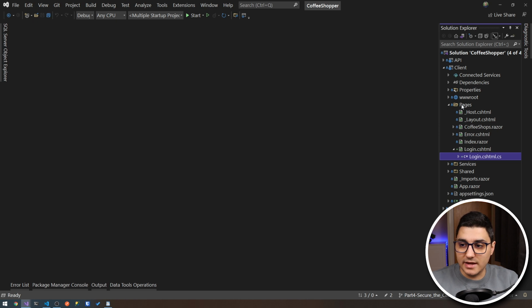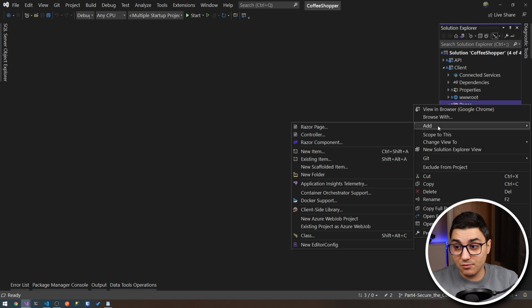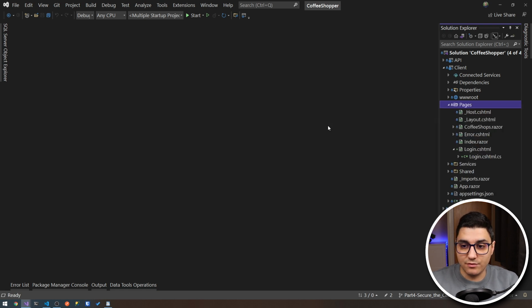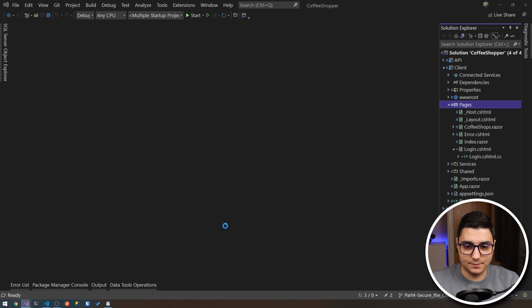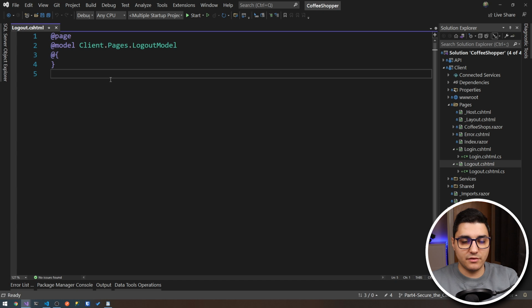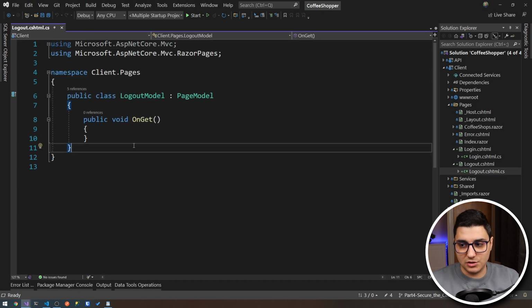And the second one is the sign out page. So in here, pages, so client project, pages, add a new Razor page. And this one will be again a Razor page empty, and it will be called Logout. And again, we'll work only on the code behind. So if you press F7, we'll get sent to the code behind, which is